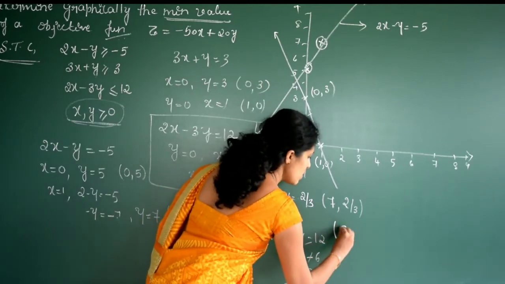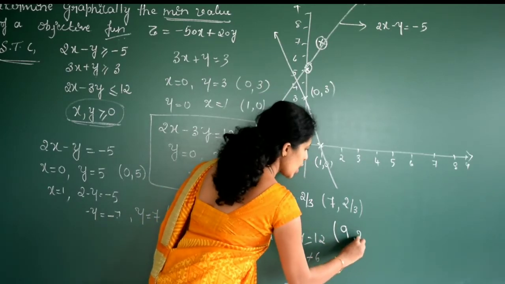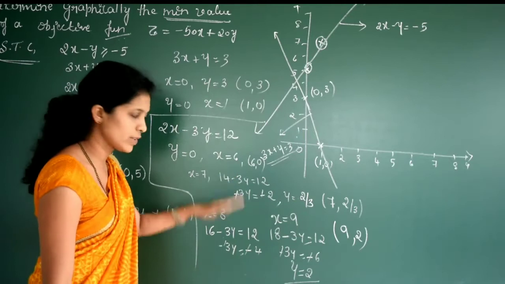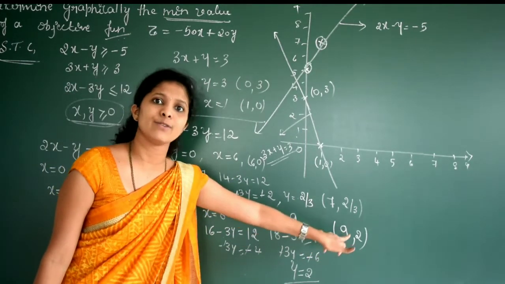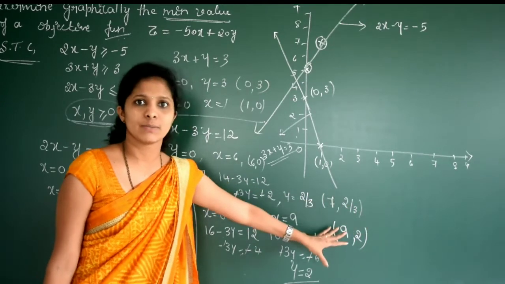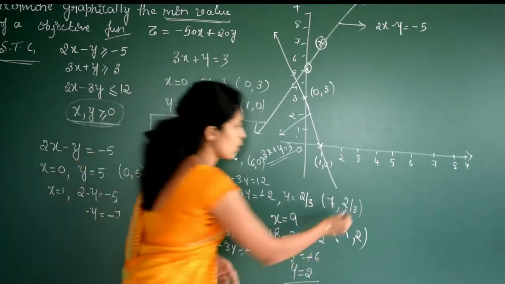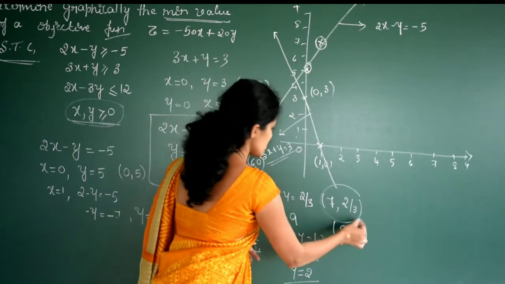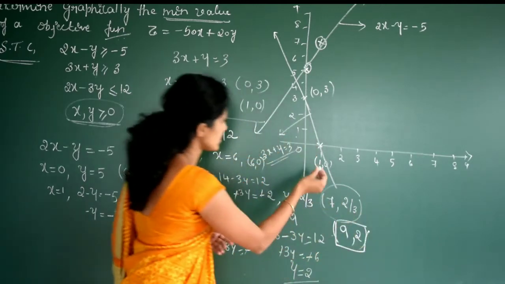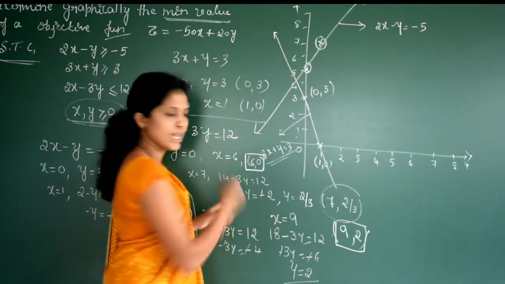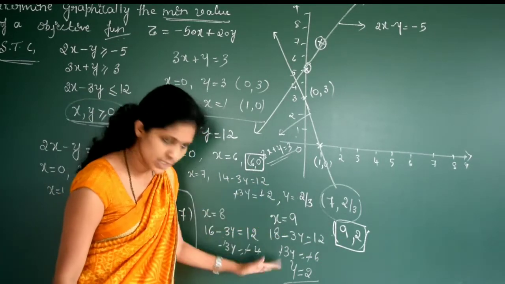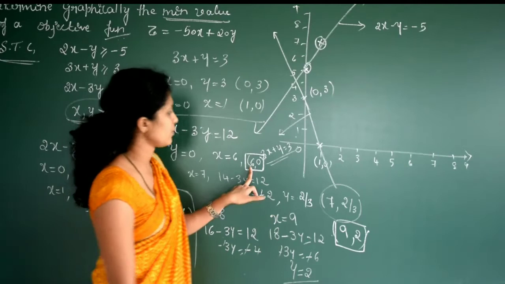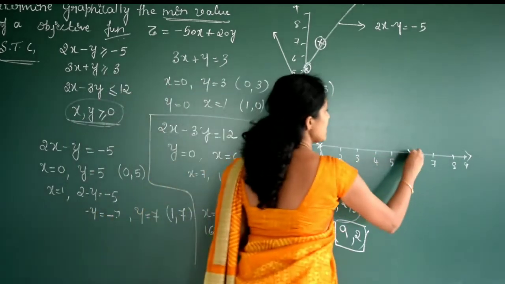So the point is now 9, 2. Is it clear? You can go with any point. But if you substitute x as 9, we'll get the value of y as 2. That is a natural number we'll get. So we'll consider these two points, 6, 0 and 9, 2. Remember, you can go with other points also, no problem. So x is 6 and y will be 0.